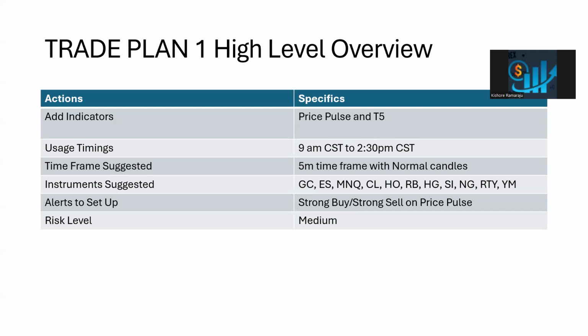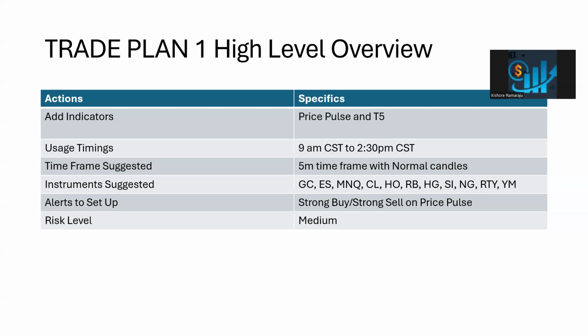What are the different instruments which will work best for this trade plan? They are GC, ES, MNQ, crude oil, heating oil, then RB, copper, silver, natural gas, Russell, Dow Jones. These are the highly liquid tickers which work well for this one. You have to set up an alert called strong buy, strong sell on Price Pulse. If you go to Price Pulse now, if you delete and add it back, you will see strong buy, strong sell. Whenever you create that alert,